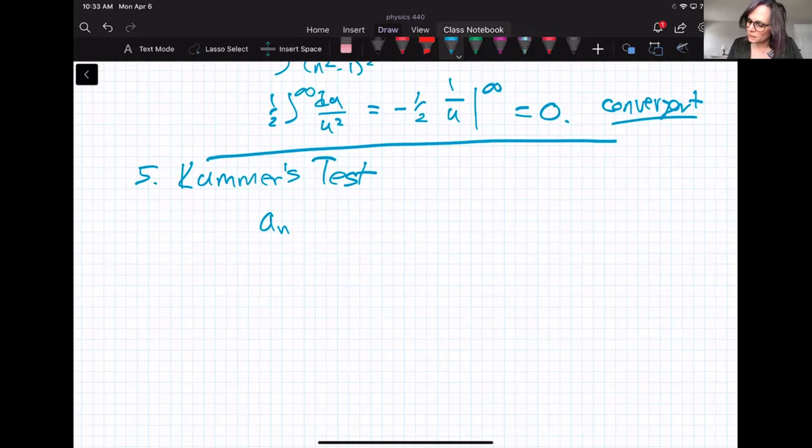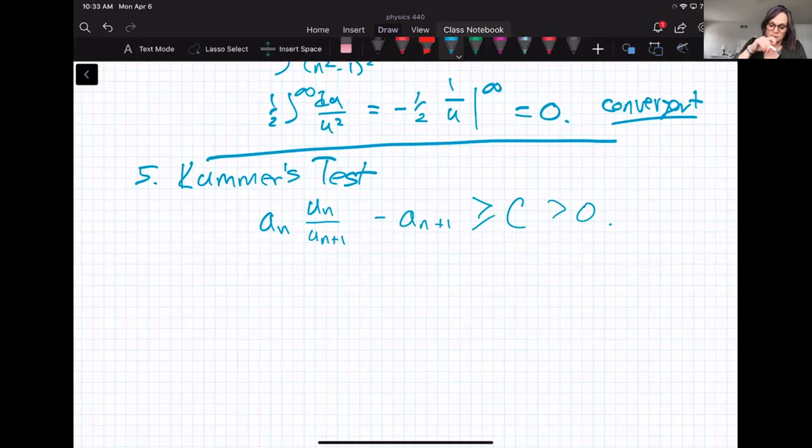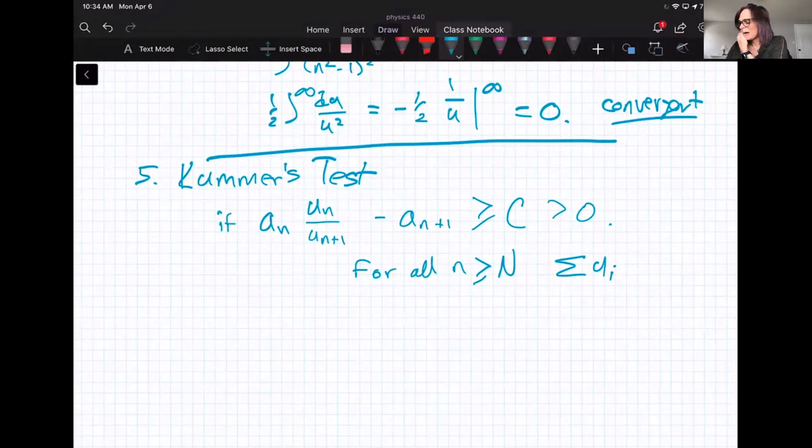And what we're doing is taking a sub n times u sub n over u sub n plus 1 and subtracting from it the value of a sub n plus 1 such that it's some number greater than c for any value of n, and that's greater than 0. So if this is true for all n greater than or equal to some large number N, the series u sub n